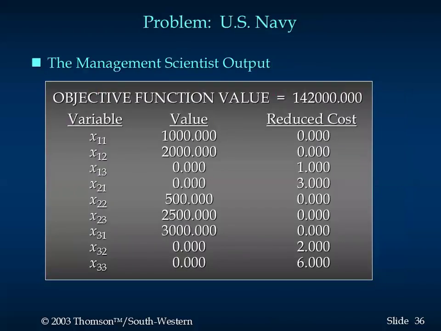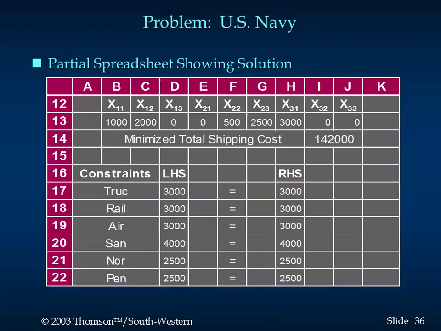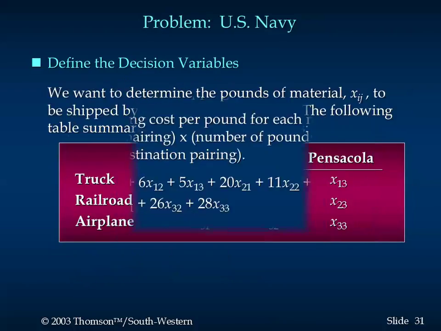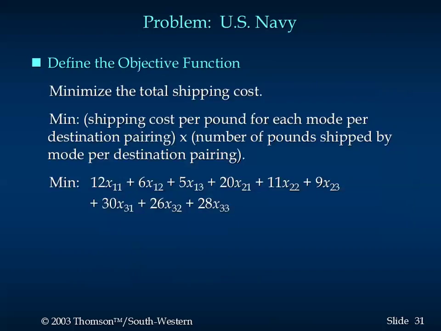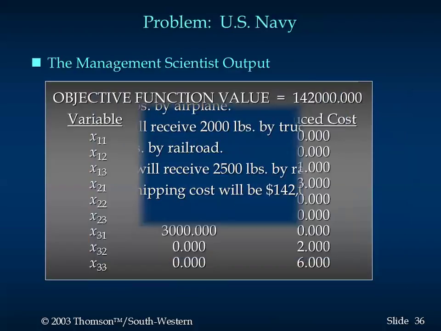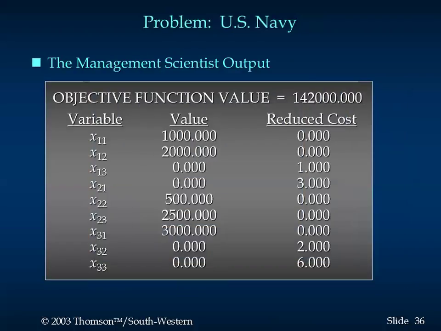So this is our final solution. Truck to San Diego is 1,000. No, wait, is it San Diego? The typical problem. San Diego, Norfolk, Pensacola. Okay, so truck to San Diego 1,000, truck to Norfolk 2,000, railway to Norfolk 500, railway to Pensacola 2,500, airplane to San Diego 3,000, and the total cost is